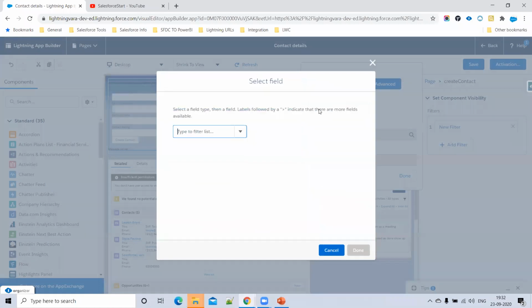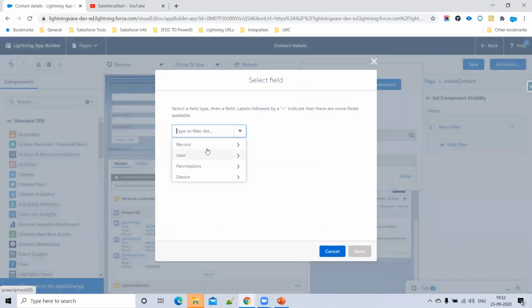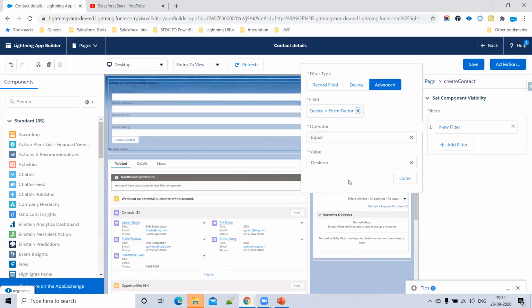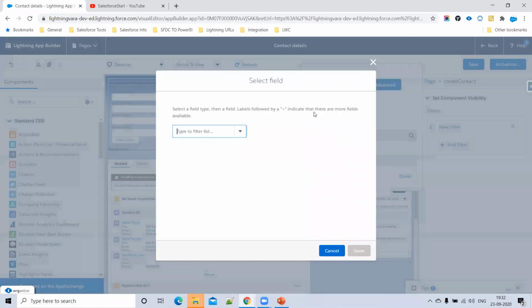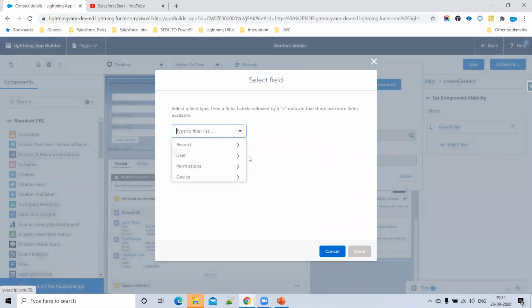Here you can see user, record, permissions, device, all these things. You can use any one you want. So these are three ways we can show or hide a Lightning component on a record page: user fields, permission sets, user permissions, whatever it may be.